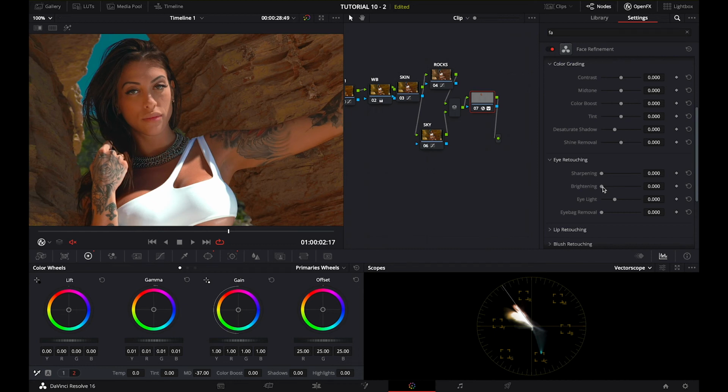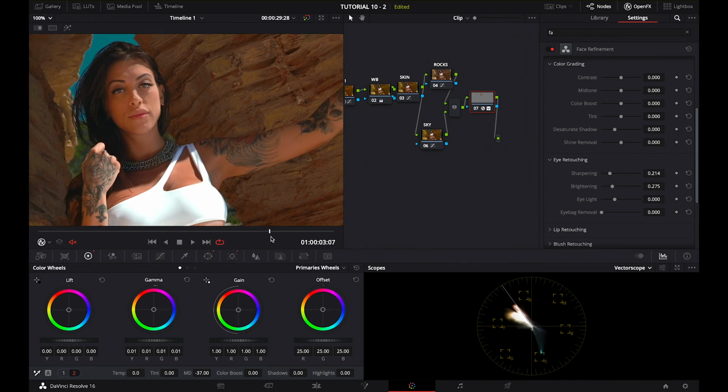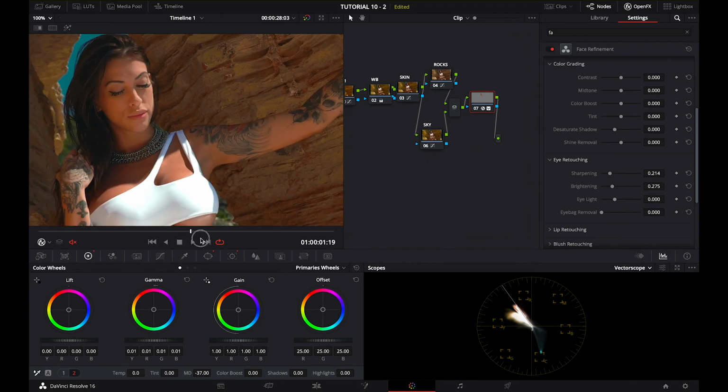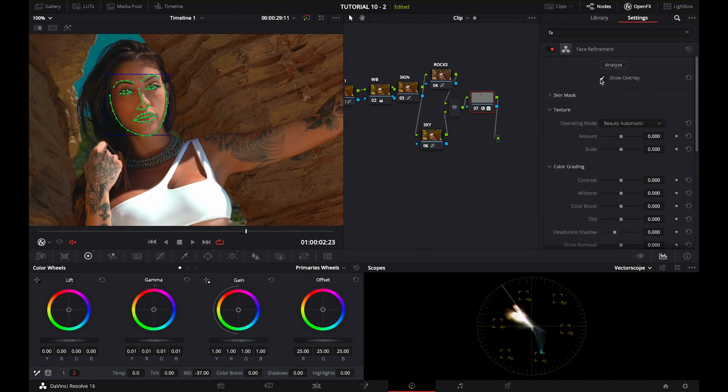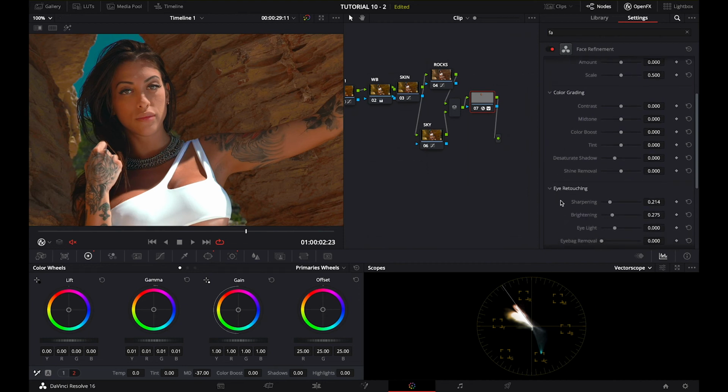And so let's say we want her eyes to be brighter, and then we can do it like this, and apply some sharpening as well, and it really creates quite a cool look. I'm not sure if the mask got it right, because sometimes it gets a little bit off, but I think it's pretty cool. One other thing I want to do is let's experiment with shine removal,